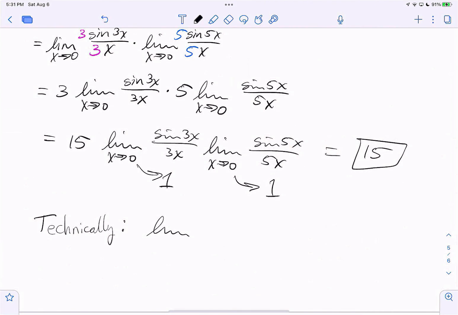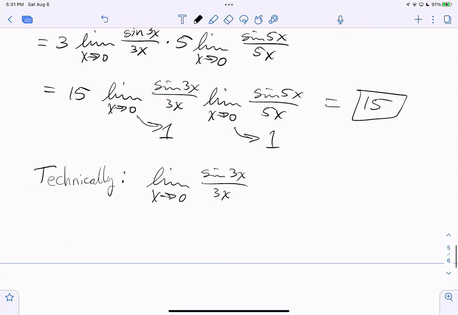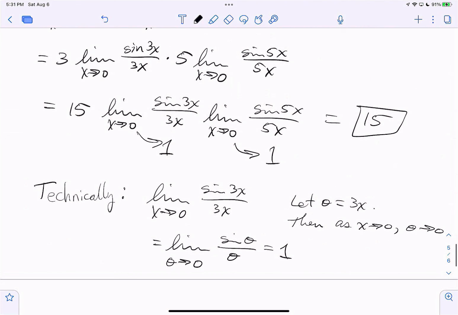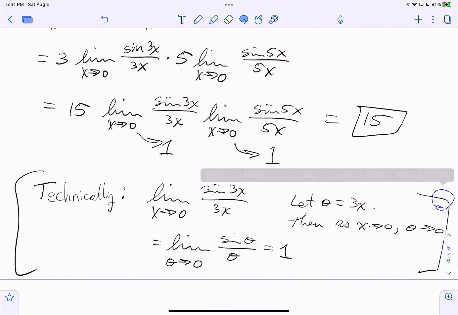Now, if we're going to be technical, when we look at the limit as x approaches 0 of the sine of 3x over 3x, what we should be doing is let theta equal 3x. Then, as x goes to 0, theta goes to 0. This limit then becomes the limit as theta approaches 0 of the sine of theta over theta, and that equals 1. I don't need you to give me this technical business. Some instructors would require that you do that. I'm not one of them. But the point is we need to make the arguments match, and then we can apply the limit